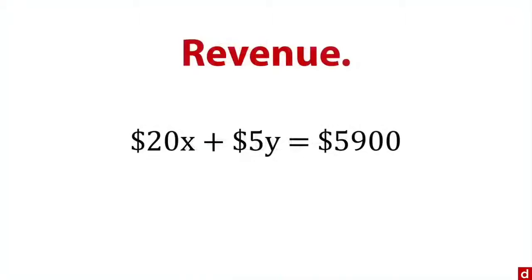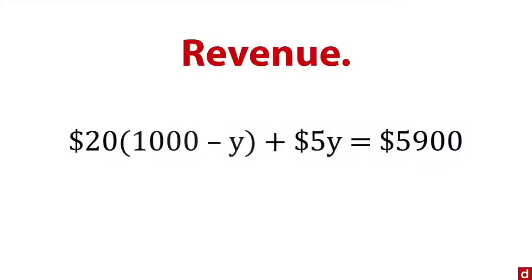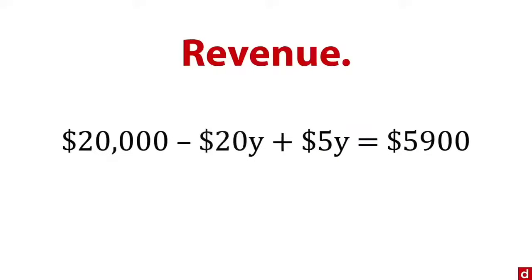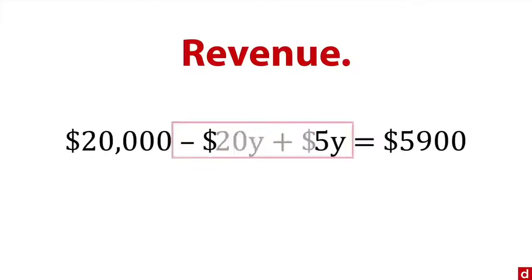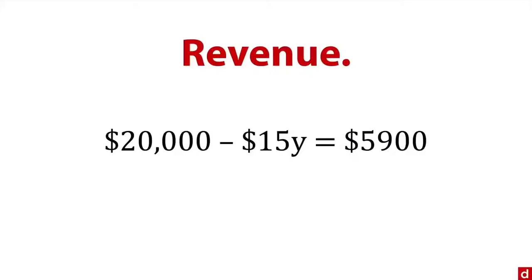Then we go to revenue. And we know from earlier that our sales at these two price points add up to $5,900 total. Well, what we're going to do is we're going to take this x that's right here and we're going to replace it with the equation we just got, which is 1,000 minus y. Then we multiply that through and we get 20,000 minus 20y plus 5y equals 5,900. Well, we can subtract these two because they're on the same thing. So minus 20y plus 5y, and we get minus 15y. And then we subtract